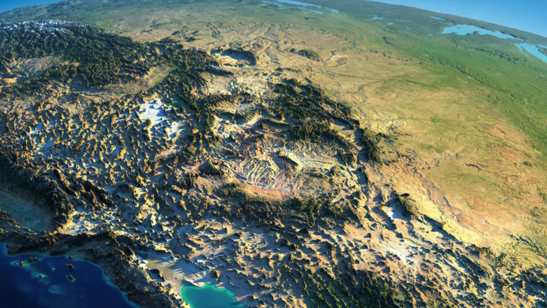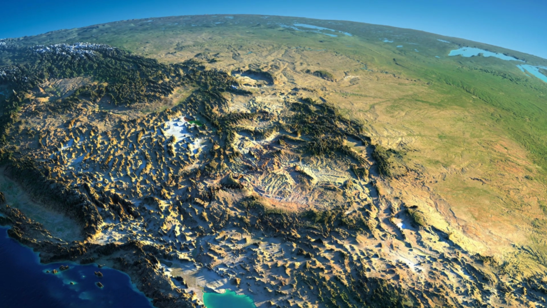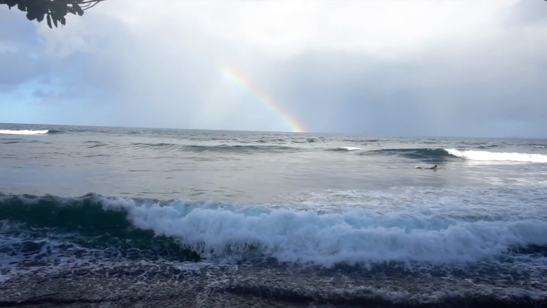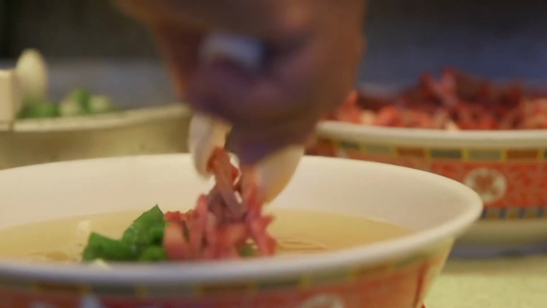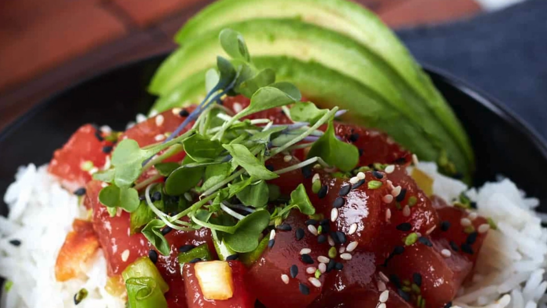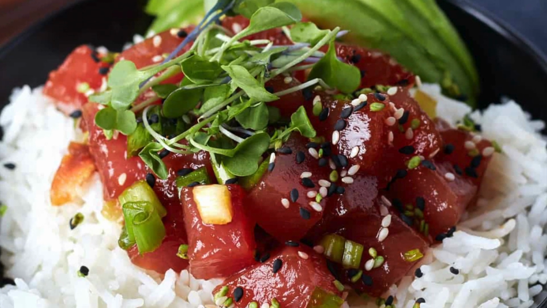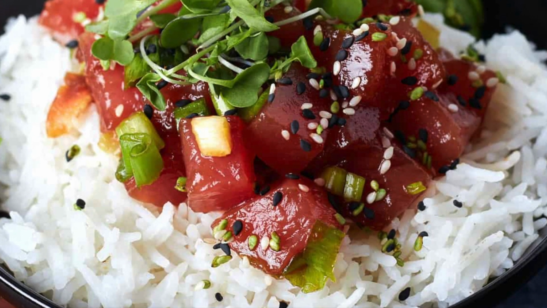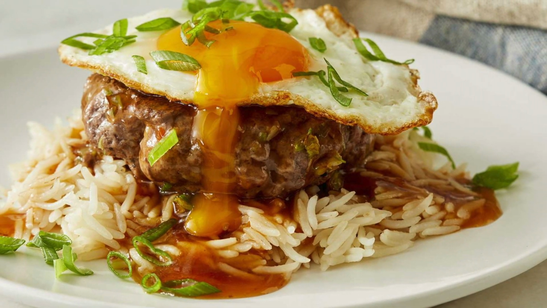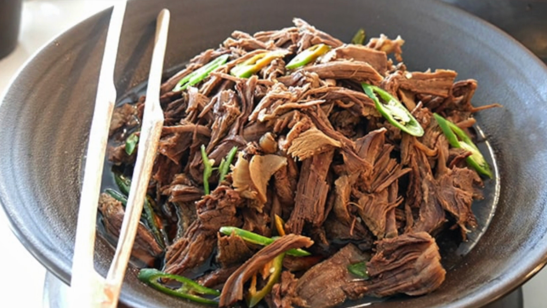Meanwhile, the region's geography has also shaped its cuisine. Hawaiian food, for example, is a mix of all kinds of cultures because of its location in the Pacific and the migrants that have come to call it home. That has given rise to dishes like poke, which combines fish, especially tuna, with all kinds of fresh ingredients. The loco moco, a burger topped with a fried egg on a bed of rice, and the kalua pua, a